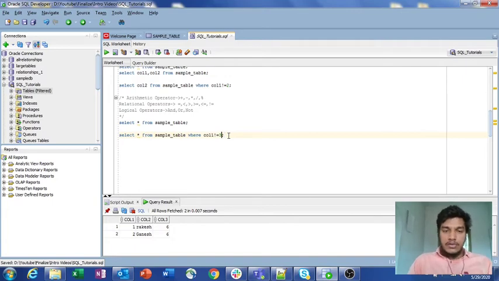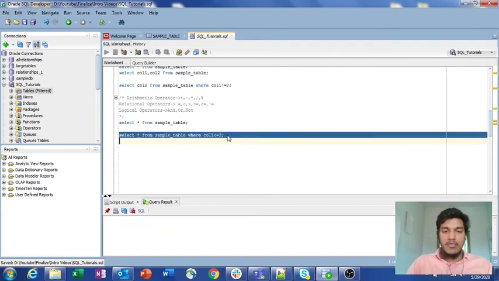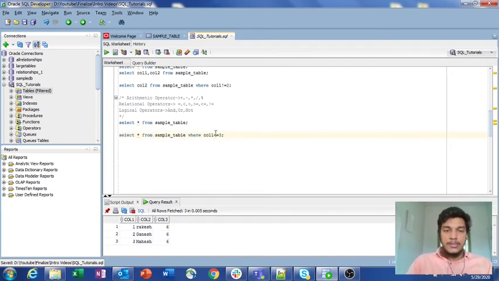Similarly, you can also do greater than or equal to, or less than or equal to. Suppose you specify select star from sample table where column 1 is less than 3. Column 1 less than 3 means 1 and 2, right? So I am running it again, and this is the output that we get. If I specify less than or equal to 3, then it returns all the records, because we have only 3 records in the main table. Equal to 3 as well as less than 3, meaning 1 and 2, will also appear in the output.